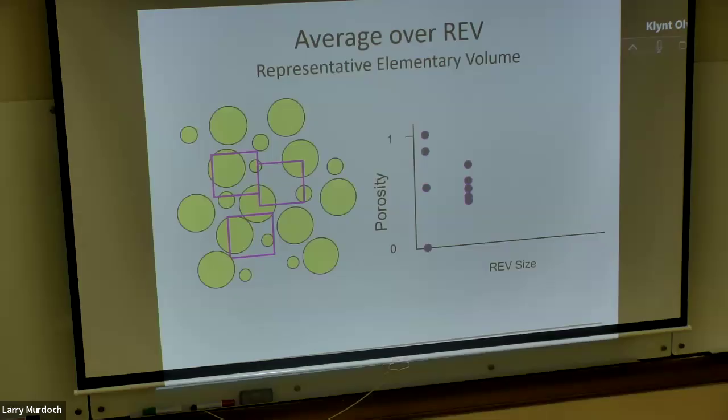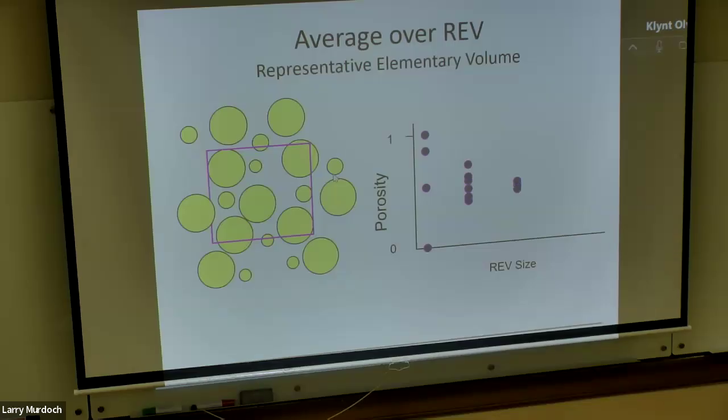But we don't get anything that's totally pores or totally solids. So the range of porosity is kind of necking down a bit here. And if we go to a larger volume like this, then we move that around and we get a smaller range